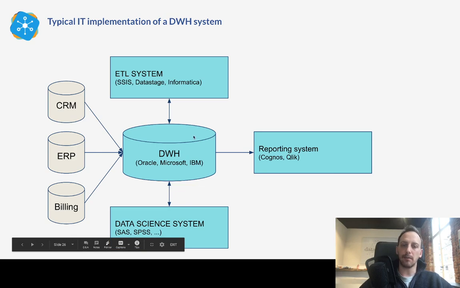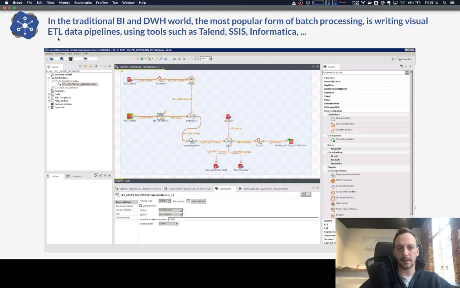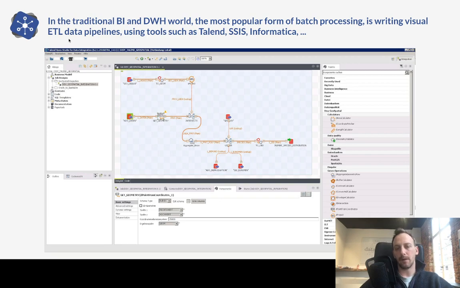And then as I mentioned, more and more we also see data science systems like SAS and SPSS being connected to the data warehouse. Now, in the traditional BI and data warehouse world, very often they use what you see here, a visual ETL tool for data processing. It gives you a visual view of transforming data from source to destination. You join data, and it's nice to design a data pipeline like this because it's very visual. I take the data here, I flow it through the system like that, and then in the end I populate it like here. That works in a data warehouse world where you have relatively few data sources,